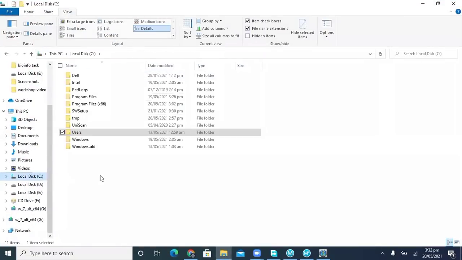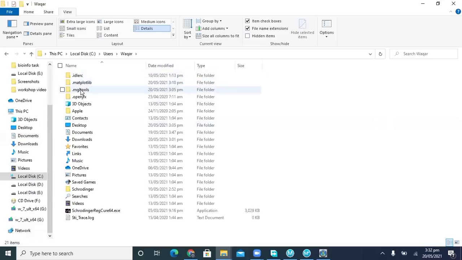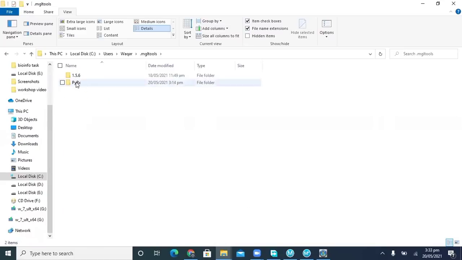We will move on the C drive because we installed the software in C drive, and click on the users. This is the laptop name Vakar. Click on this, and this is the MGL tools. In this folder, there are PDBQT files of the ligand as well as the PDBQT file of the protein. So this is Pyrex.